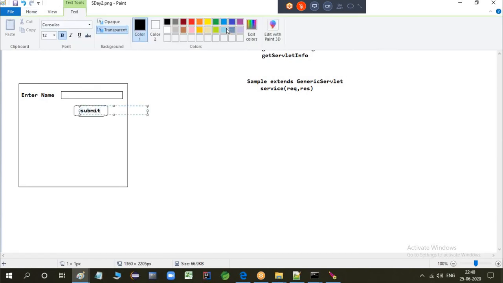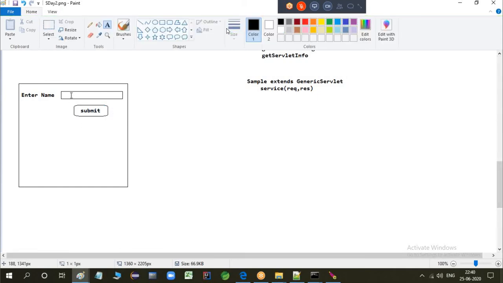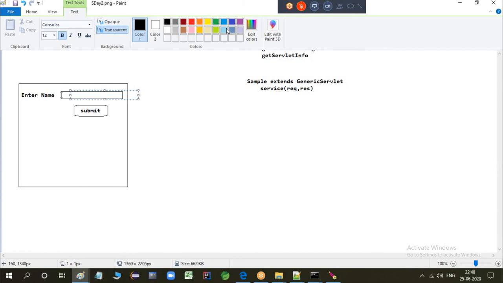What you need to do, you will write your name here and click on submit.